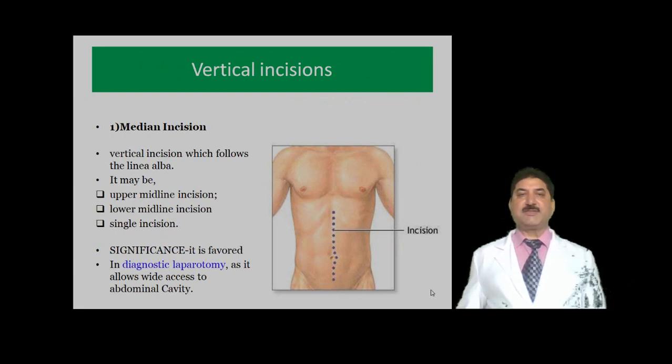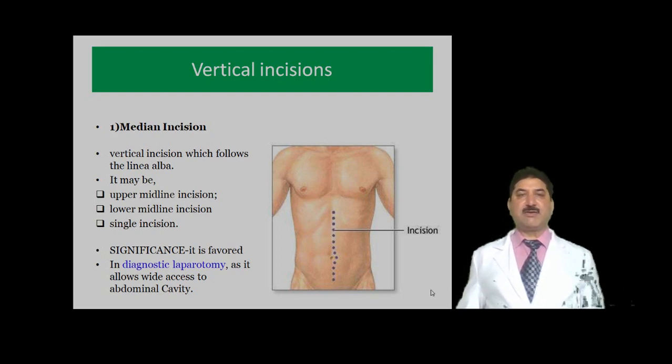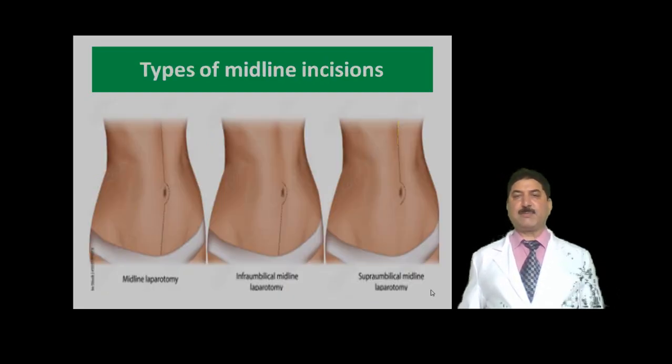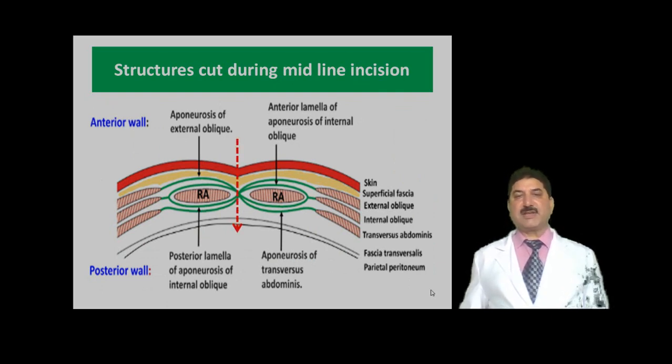Median incision or midline incision is a vertical incision which follows the linea alba. It may be an upper midline incision, lower midline incision, or a single incision. This type of incision is favored for diagnostic laparotomy. Types of midline incisions are supraumbilical midline incision, infraumbilical midline incision, and midline incision for laparotomy. The structures which are cut during midline incision are skin, superficial fascia, linea alba, fascia transversalis, extraperitoneal fat, and parietal